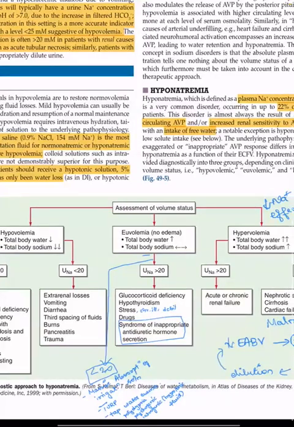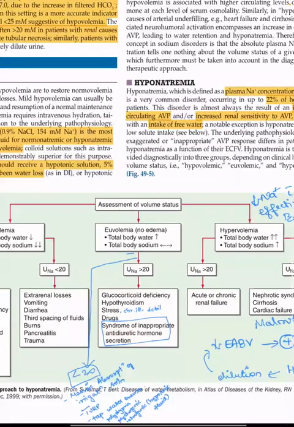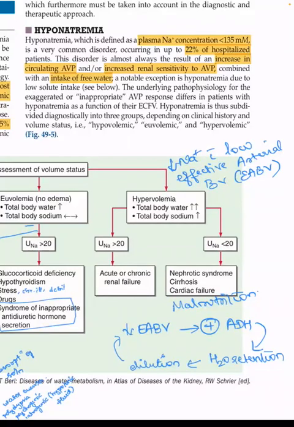If the patient is hypervolemic, that is, a volume overload status patient with hyponatremia, and the urine sodium is more than 20, it is mostly a renal cause. So it can either be an AKI or a CKD. And if the urine sodium level is less than 20, it can be any of these three: nephrotic, cirrhotic, or cardiac failure. In this condition, what happens is the effective arterial blood volume is